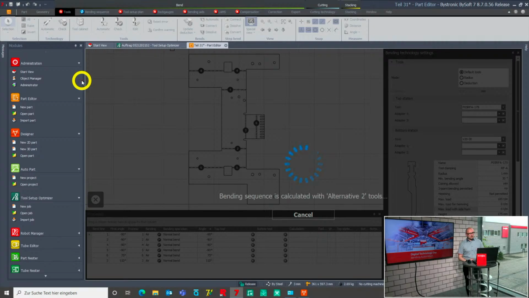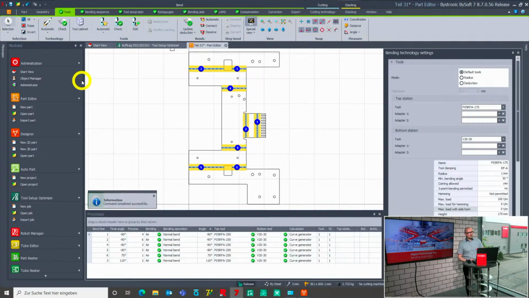If I hit this button, then the software does some things behind the scenes. This means the software first of all tries this tool, which I have set up as my standard tool for this material thickness. You see this is a P5 with a height of 175 millimeters. But during the calculation of this part, the software found that this tool is too low. We need a higher tool, and this is the reason why it is changing this to the same tool but